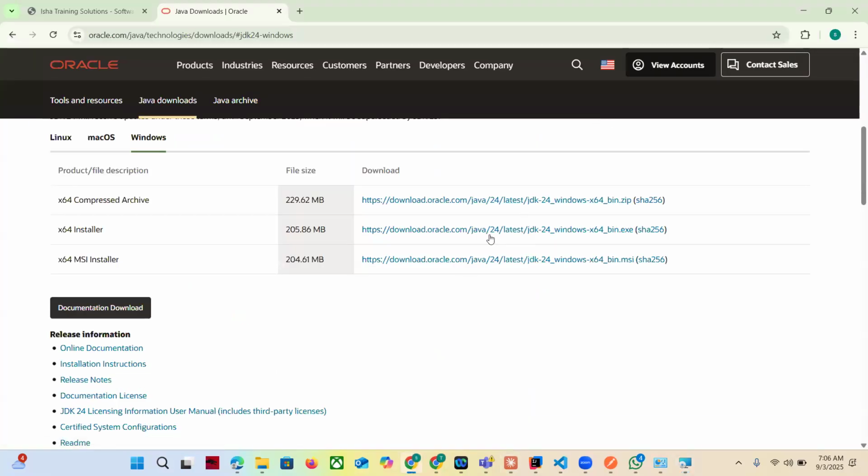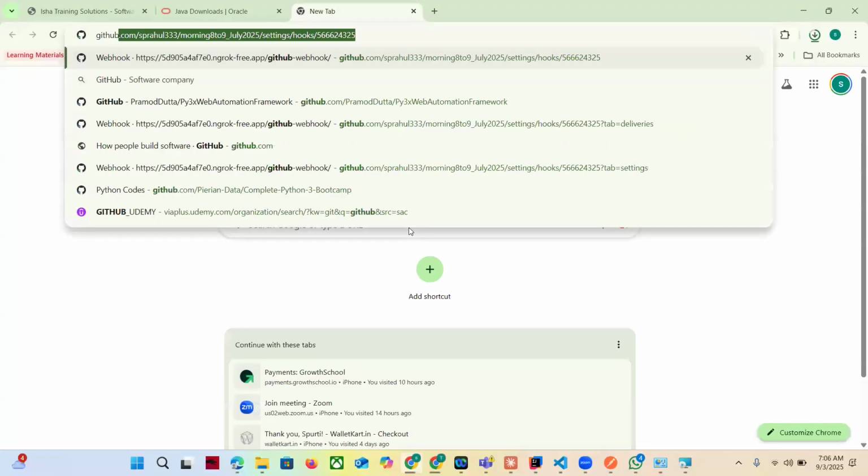So what I will do is let me download this JDK 24 and take the 64-bit installer, not the MSI installer. Take the 64-bit installer. You just need to click on download and it will be downloaded. And then we need to download